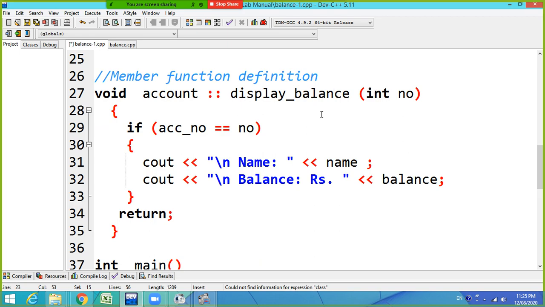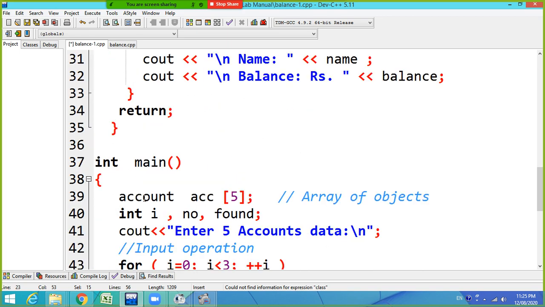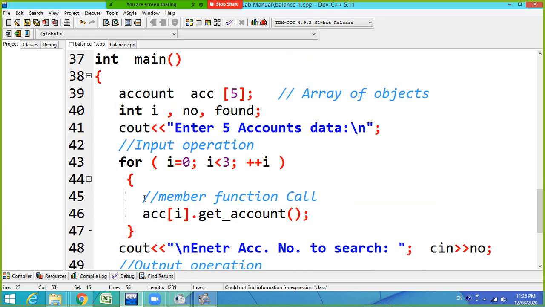Now here our program is, this is account number, displayBalance(int NO), and if account number is equal to NO, that is matching with the argument, then display the balance. Okay, so this is a simple program which I have explained in the PPT also. The same program is here. So here in the main function, ACC of 5, that is an array of 5 objects, and enter 5 accounts,